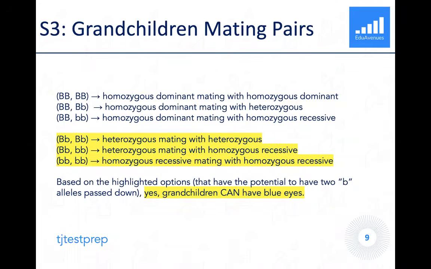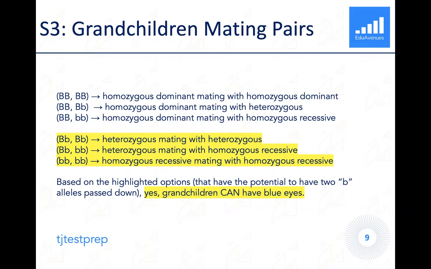So I guess the next step here would be to look at the grandchildren, right? Now that we've looked at the children, we can go ahead and look at the next level of this. So as mentioned before, the children have only 3 genotypes. We have uppercase B uppercase B, uppercase B lowercase b, and then lowercase b lowercase b. And using that information, we can now find different mating pairs